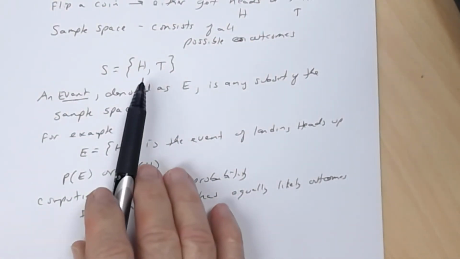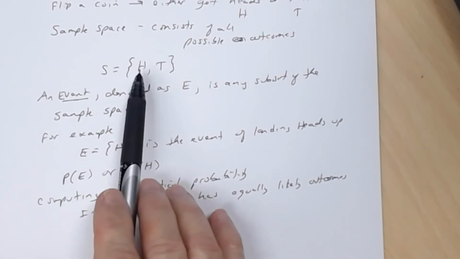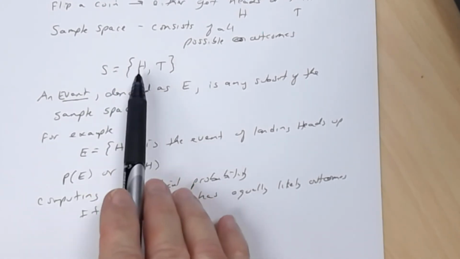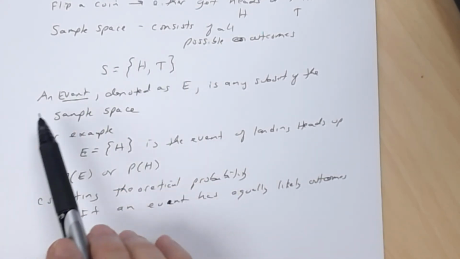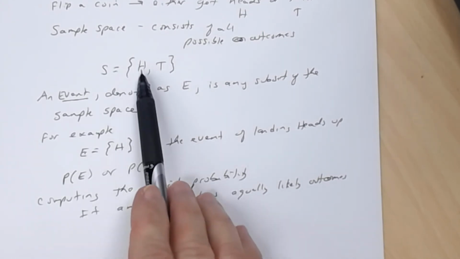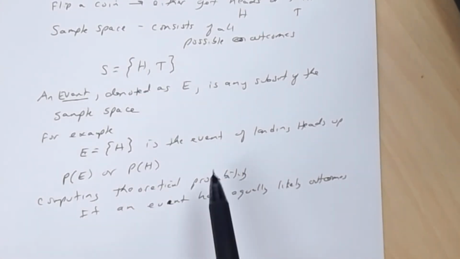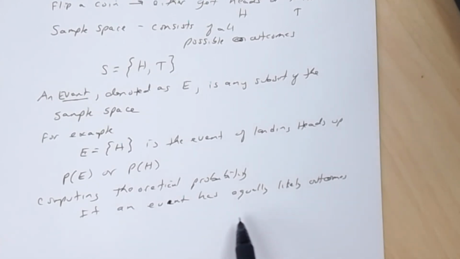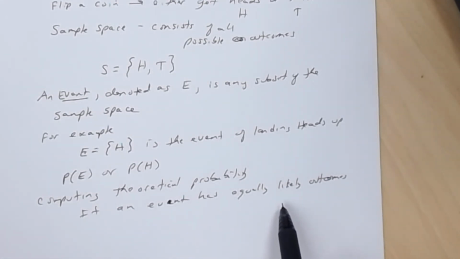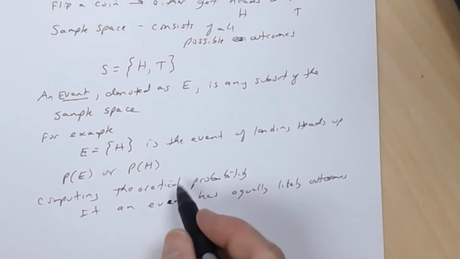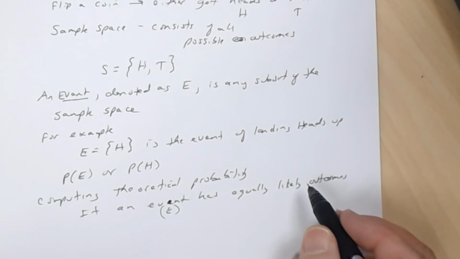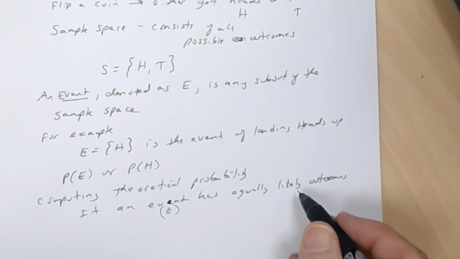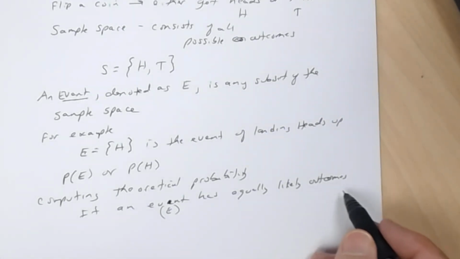Do y'all agree that when I toss a coin, I would either get heads or tails, and it's the same likelihood of getting heads or tails? There's nothing favoring heads, there's nothing favoring tails. That's what we mean by equally likely. So if the event E has equally likely outcomes, and its sample space has equally likely outcomes,